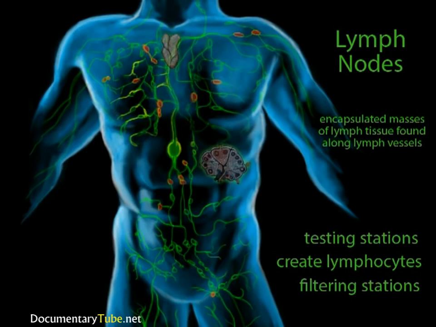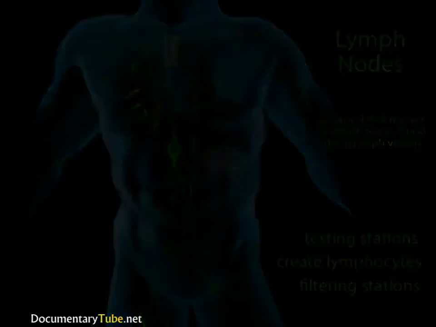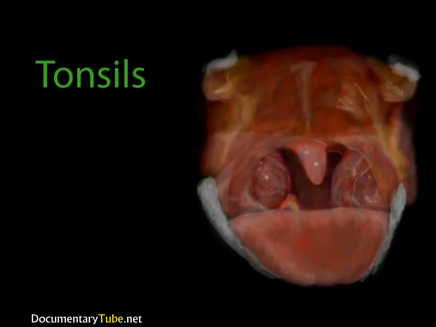Eventually, the lymph is returned to the circulatory system via the right and the left subclavian veins in the shoulders just above the heart level. Lymph nodules can be found as single structures in the body, or they can